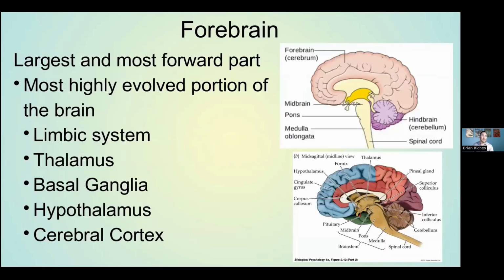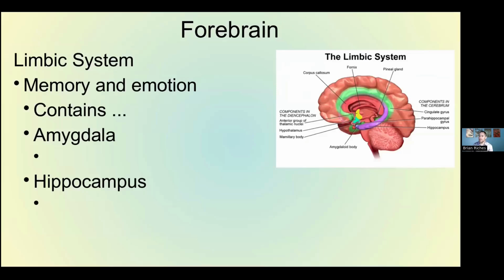The forebrain is basically the most recently evolved portion, and it's kind of built of two components. There's the interior component and the outside wrinkly portion of the forebrain. So the interior component houses things like the limbic system, and that has the amygdala and hippocampus. So here we see the outside wrinkly portion. Just inside that, kind of sitting on top of the midbrain, we see the pineal gland, we see the amygdala, we see the hypothalamus, the hippocampus is back here. And so all of those organs are pretty small little specific things that evolved throughout time and have some specific functions. The amygdala